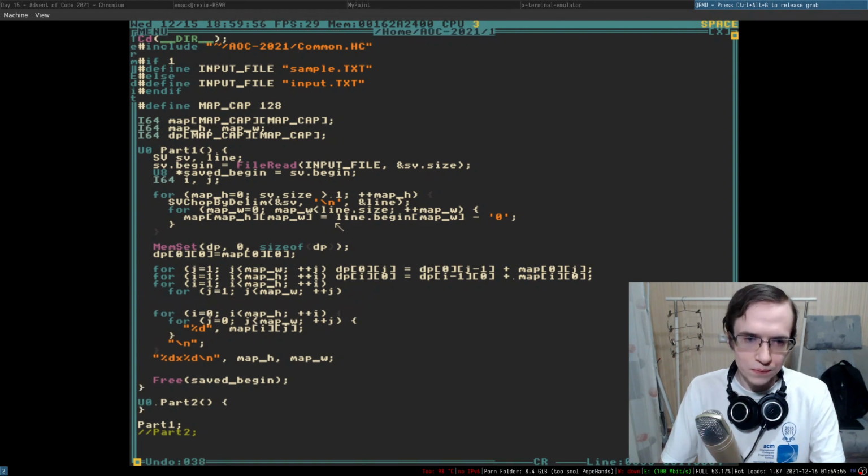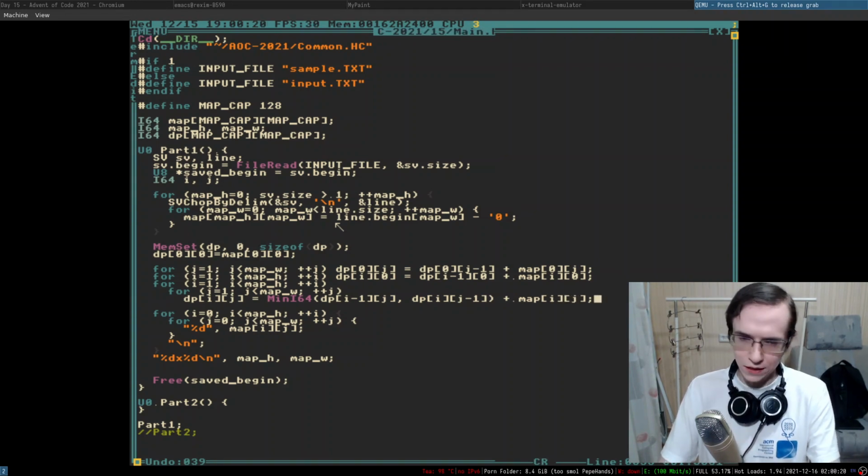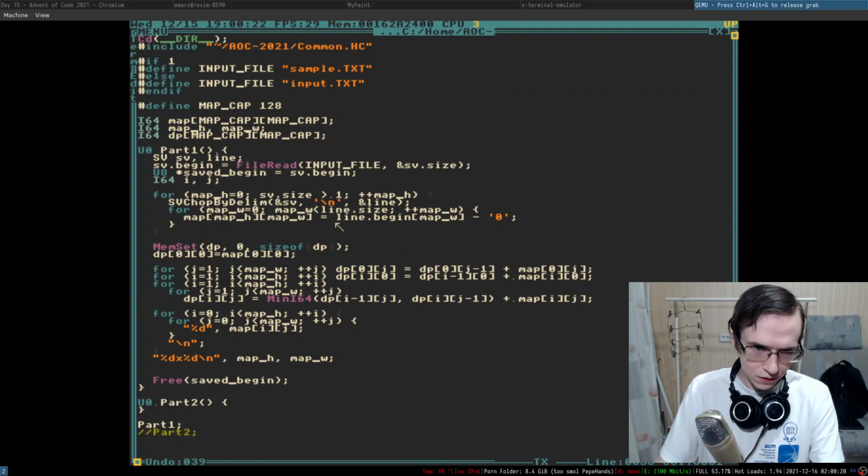So dp[i][j] is going to be equal to max, minimum, i64, dp[i-1][j], dp[i][j-1] plus map[i][j]. There we go. So that's the entire thing, and maybe now it makes sense to print that dp thingy